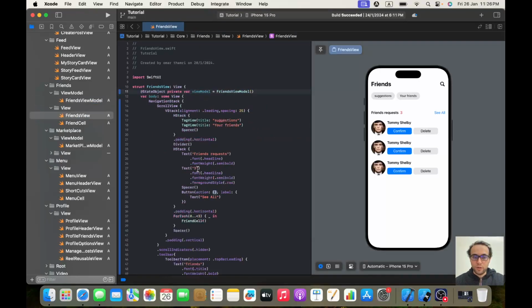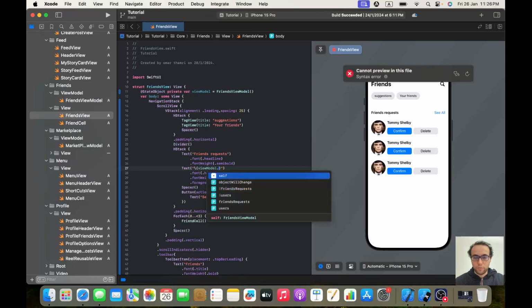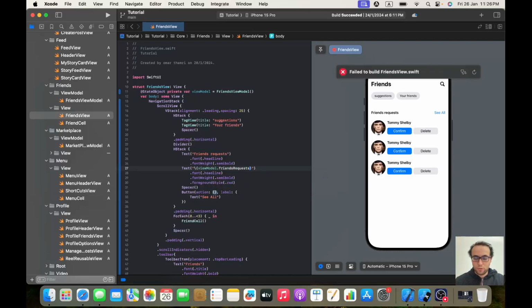Okay, perfect. Here we will have in the text viewModel.friendRequest.count, and as you can see it's three, it's the correct number,